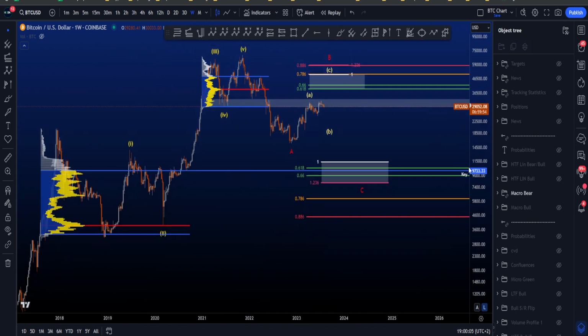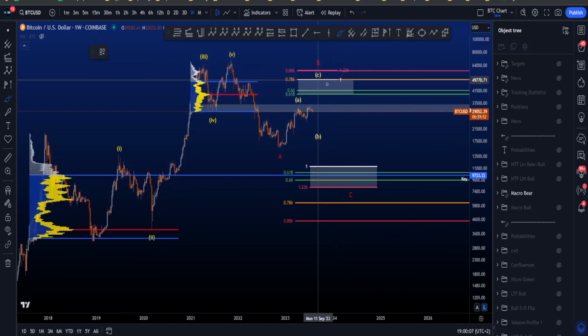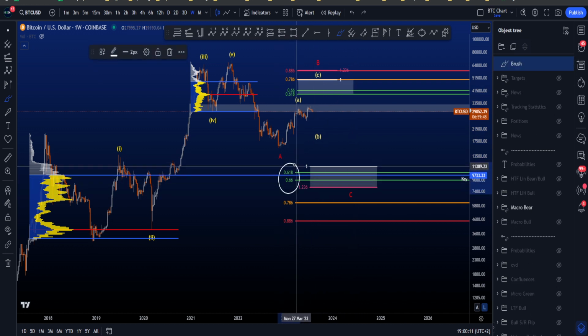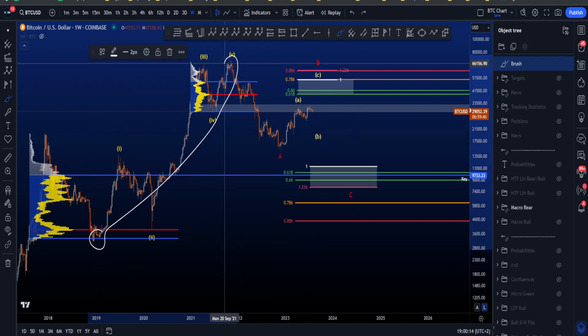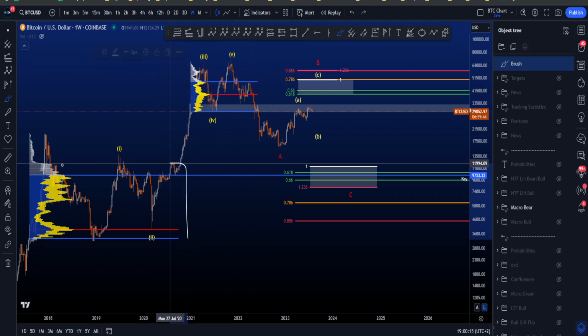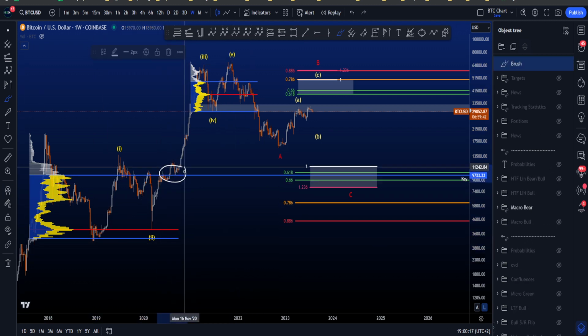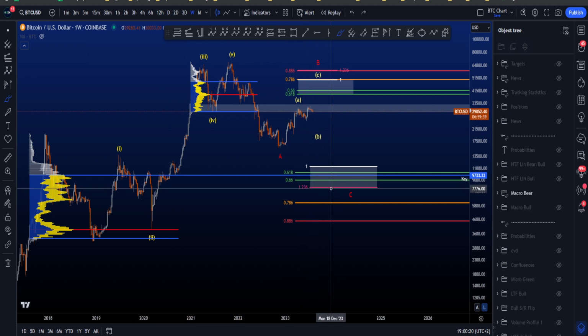If we then look towards the downside, we're looking for another impulsive structure to the downside for a wave C, where we have a golden pocket taken from the low to the all-time high in confluence with a multi-year volume profile value area high. As you can see, very, very important support, which is between around 11K and 8K,